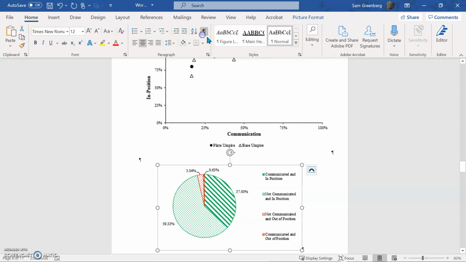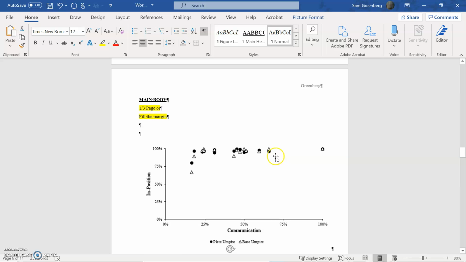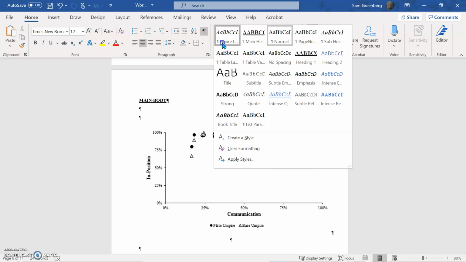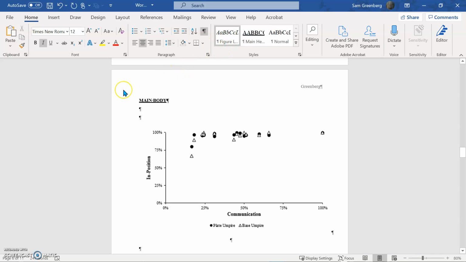I'm going to turn our friend back on so we can see the spacing. You're really going to want that. I'm going to delete these out. So I'm going to show you, there's a very basic way you could do this, and you can literally just put an enter in, and if you remember previously, we created a figure label, and if you didn't do that, please go back, watch the styles video, and you can do that, and then we can enter figure 1,